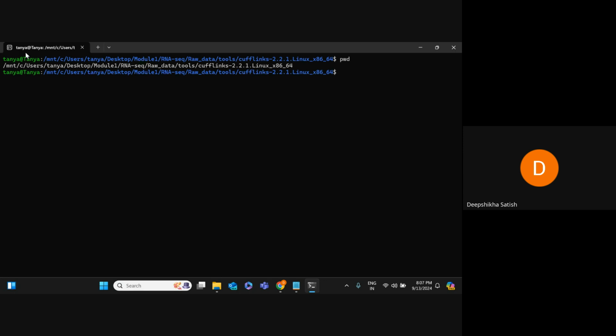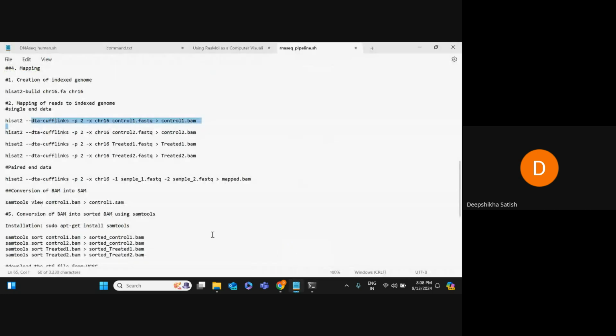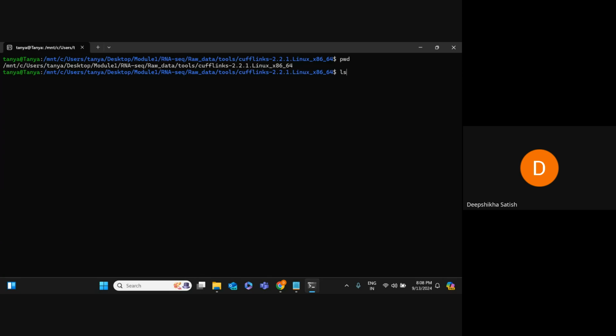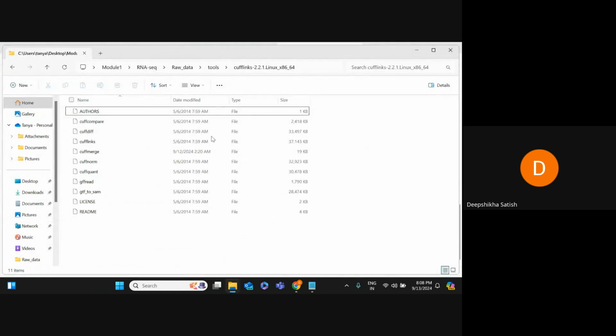Okay. So you can see this is the path here. From here, you need to copy this and paste it in your script. Just write the path of the link here. Make sure the path is where your files are present, the cufflinks, cuffmerge, cuffnorm, this thing. Okay. Pasted. Yes, ma'am. Okay. Then just go to this raw data,